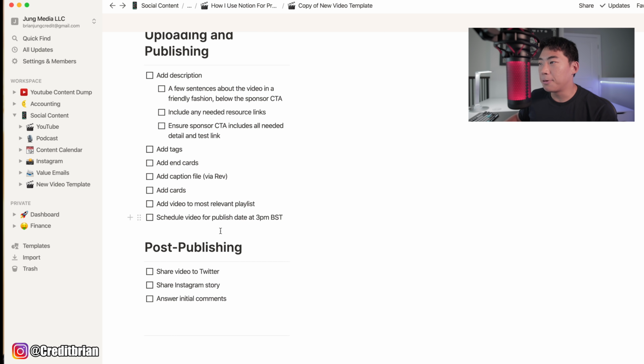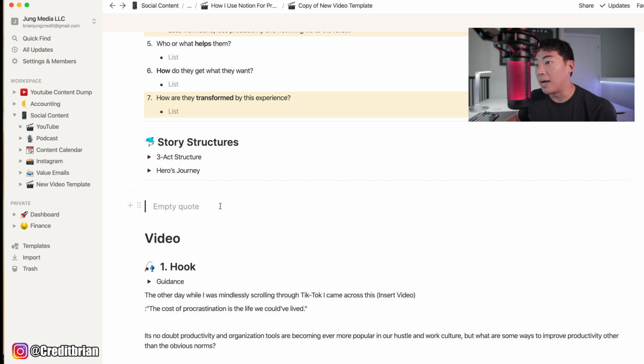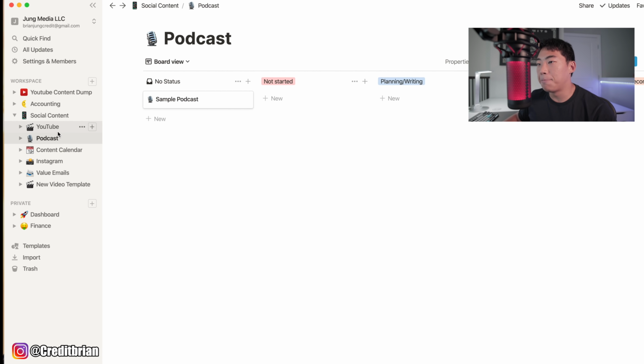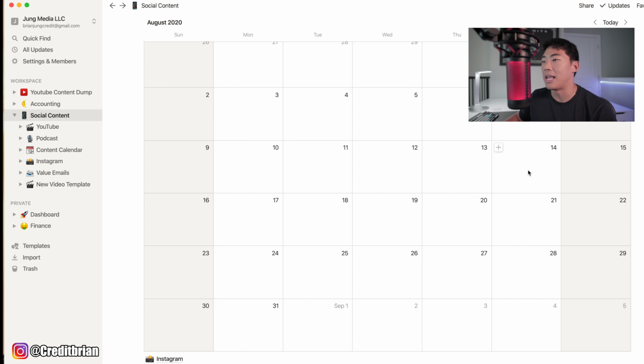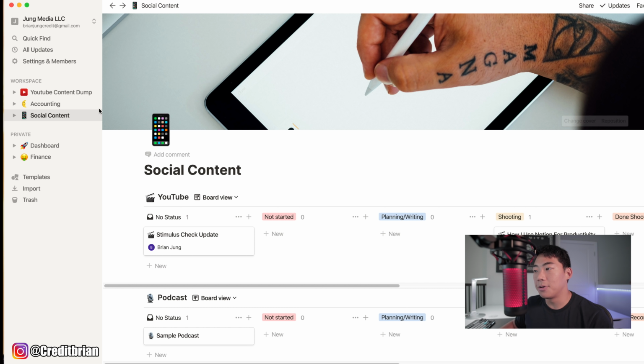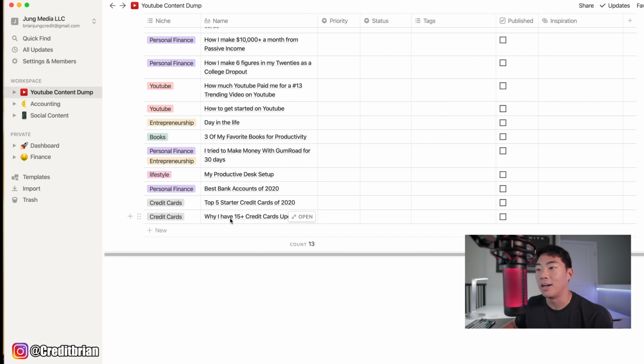So that's pretty much how I have structured my YouTube content. Now, if I'm making a podcast, it's a similar way, and if I want to look down, I can plan out my structure in this way. You don't have to be a YouTuber, you don't have to be a content creator. You could honestly just be a student and still find a lot of value in this.